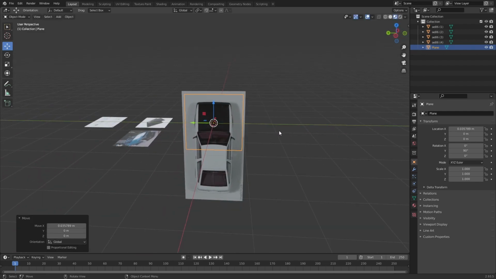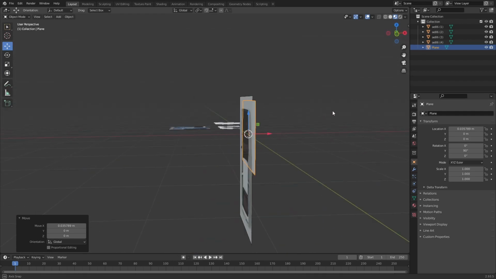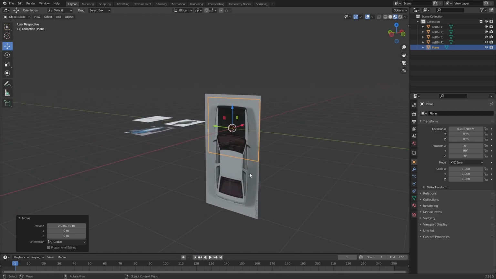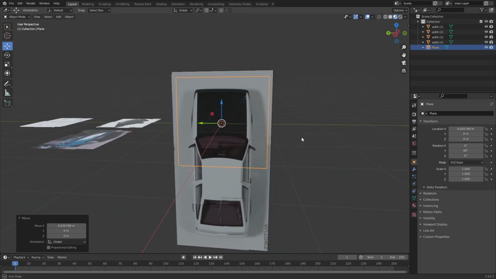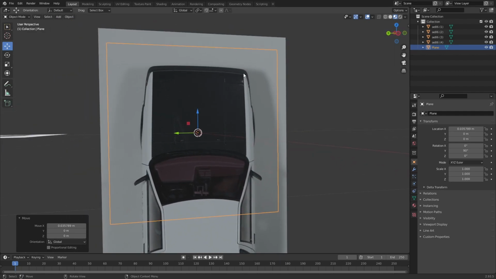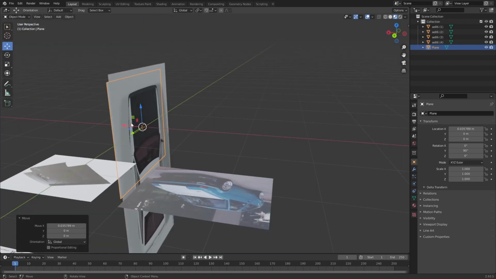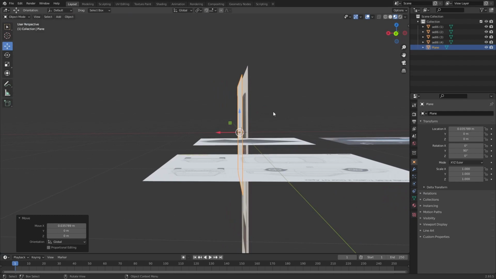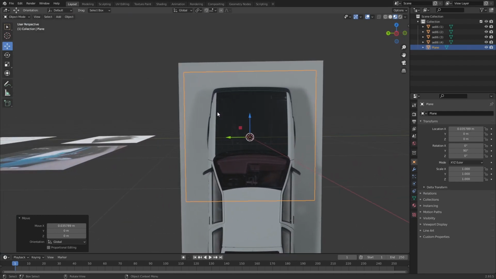Now next, what I'm going to do is click the plane that I just placed. You could also use the image itself. If you're only using one image, you could use the image itself and cut the object out of the plane that has the image on it, which technically would already have it textured for you. But just to make this more general for more situations than just mine or someone else's, I'm going to select the regular plane that doesn't have any image on it,